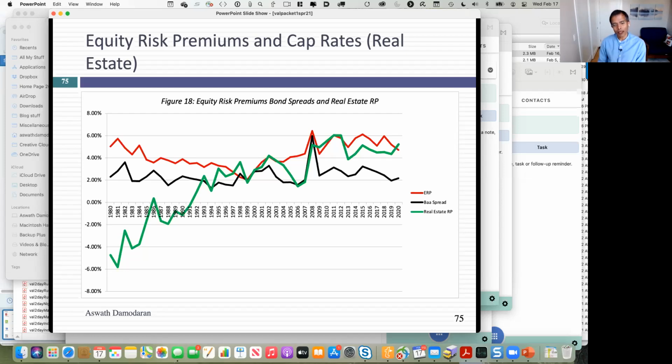You know why we were okay with that? When I did my MBA, I was told that as an investor, I should buy real estate to diversify my portfolio, because real estate moved in the opposite direction as stocks and bonds. And that was true. In 1981, that was actually the case. You remember the 1970s, during inflation, real estate was one of the few asset classes that held its value.